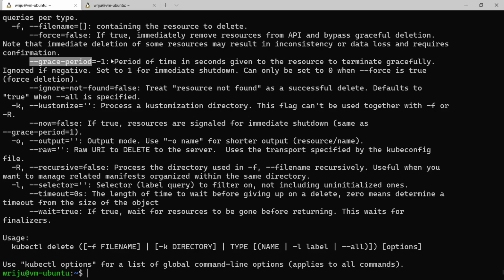So let's say I made a mistake and I don't want this pod anymore, so why really have a grace period? By default there is a grace period, so it is not immediate; it waits and then decides. So it takes a long time sometimes. How do you make sure that you can make it faster? By saying k delete pod, then the pod name, and force equals true, and then grace period equals 0. Okay, if you do that,